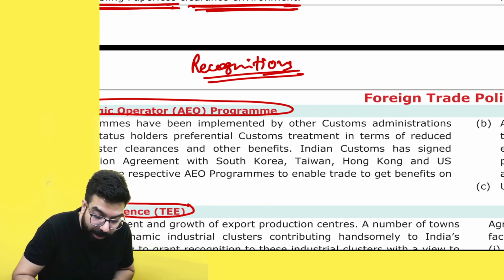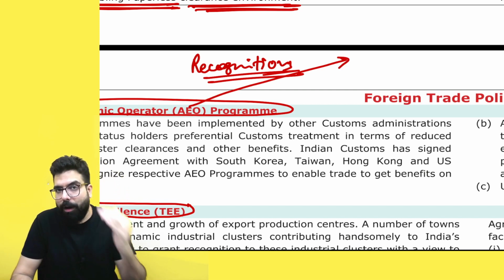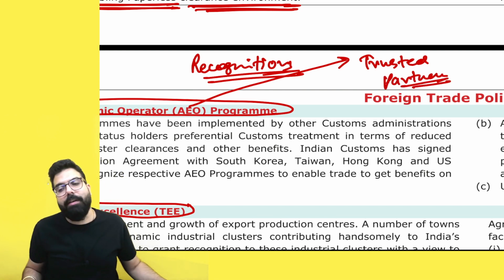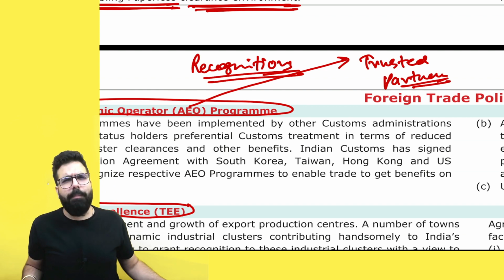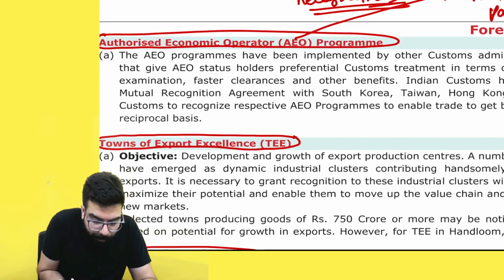Baba, if you become an authorized economic operator and enroll yourself under the Authorized Economic Operator program, you become a trusted partner of the customs. Indian customs ka trusted partner you become. Sir, if I become Indian customs' trusted partner, what are the various benefits I'll get? These are the various benefits. See everyone, the Authorized Economic